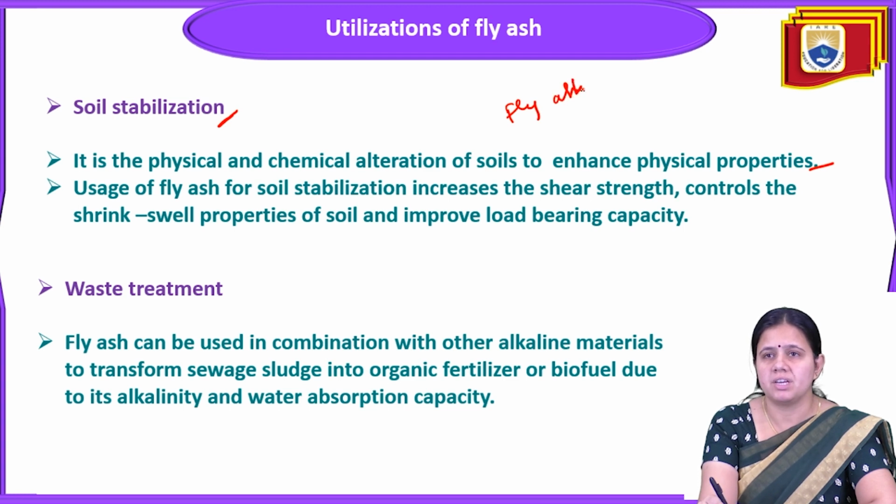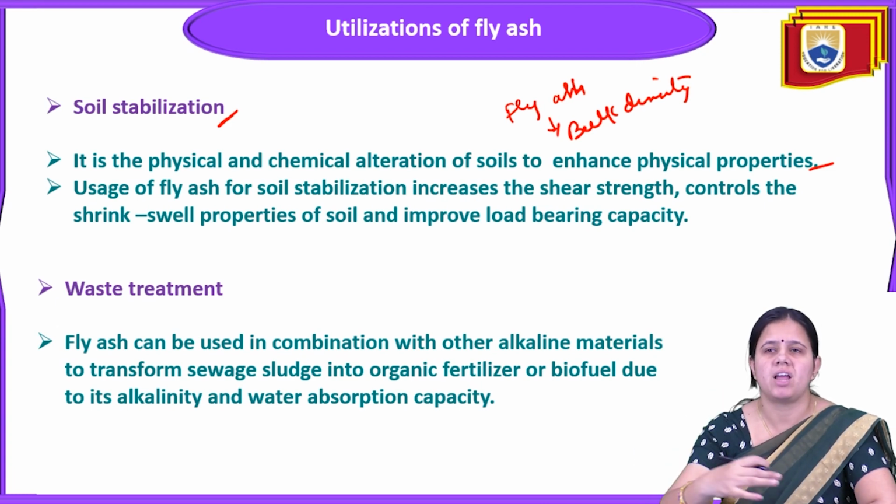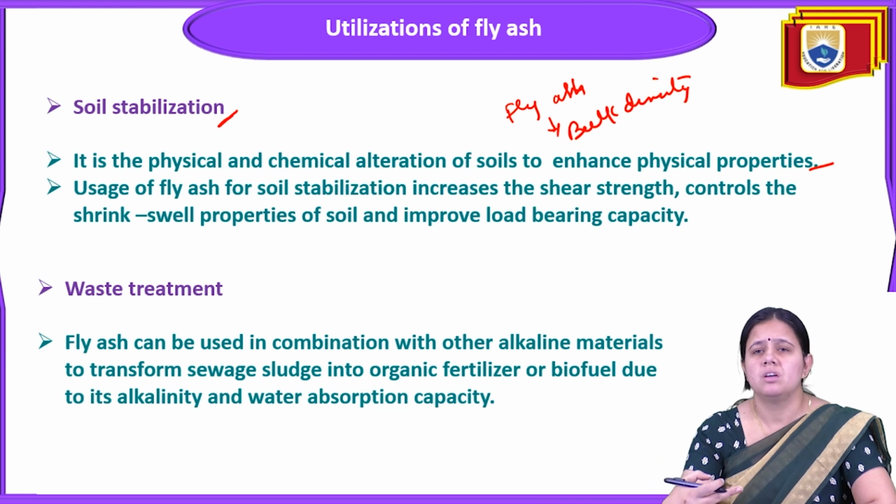Fly ash has high bulk density. So when we add fly ash into the soil, it increases its physical properties. The binding of soil particles with each other will increase by adding fly ash, so that will help in soil erosion control. Erosion cannot take place when we add fly ash into normal soil, and it will stabilize the physical